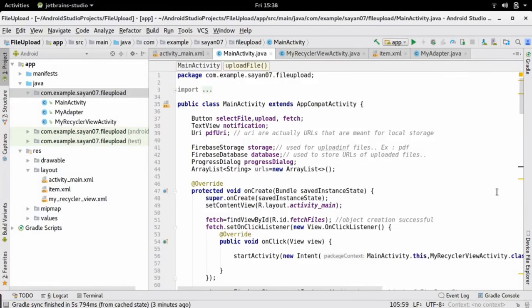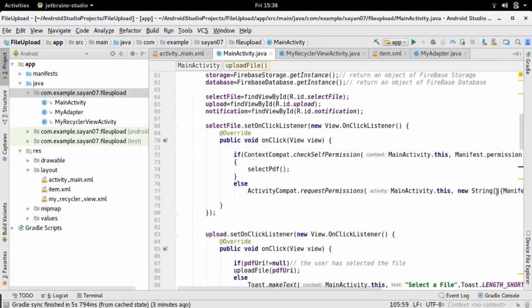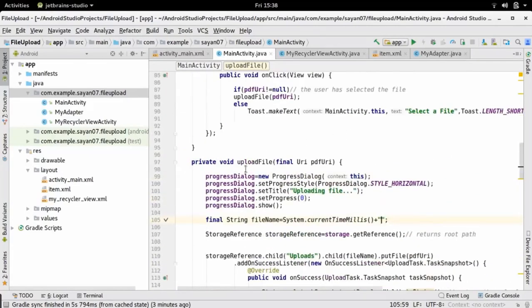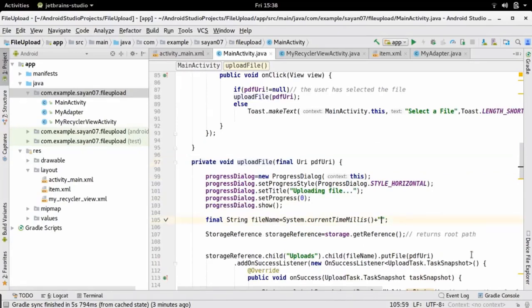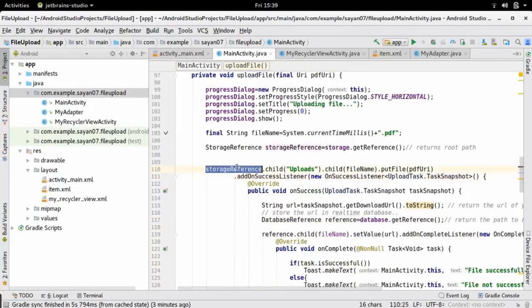Okay, so before launching our final application, we need to make another 2 changes. First of all, move to your upload file method. So this method we have created in our last tutorial, right? So within this method, first append a .pdf to your file name. Otherwise, we will have problems downloading files to our phone and then opening it with a suitable PDF reader. So we will face problems if we don't append a .pdf. Now you can see that our Firebase storage reference will store the PDF file within the uploads folder with a file name that has appended .pdf at the end.